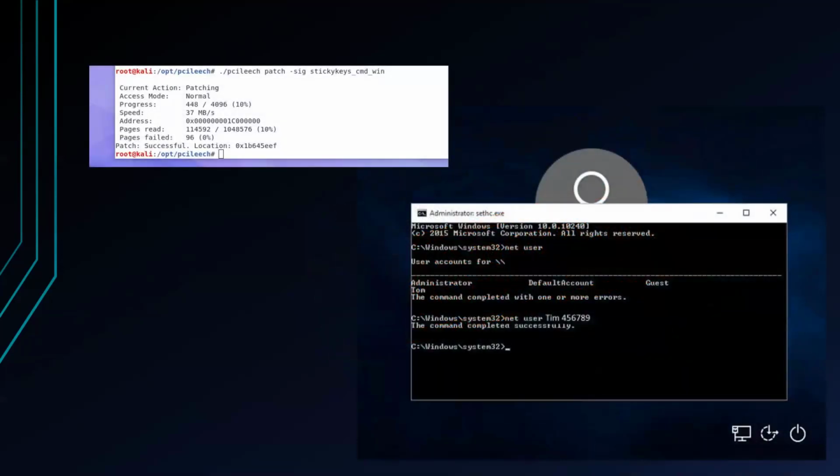But it's nothing more than these following screenshots, which help show just the command I ran, right? As you can see, this is Kali. This is PCILeech, essentially just running the patch command. What I did is I switched one of the signatures to look for the sticky keys and switched the sticky keys from presenting that sticky key message to actually prompting an administrative command prompt. After entering the command, it goes and looks for memory. As you can see, it got through about 10% of the memory before it found it and successfully patched the